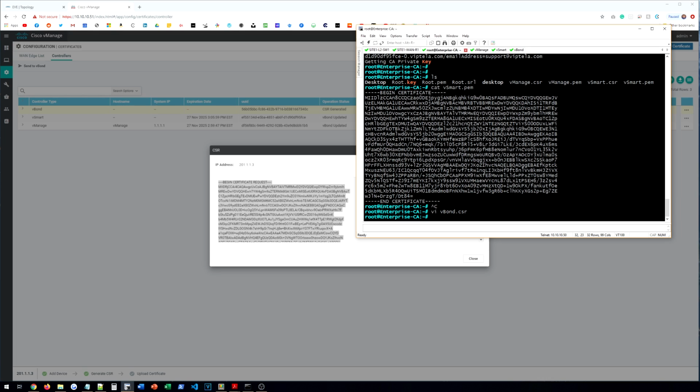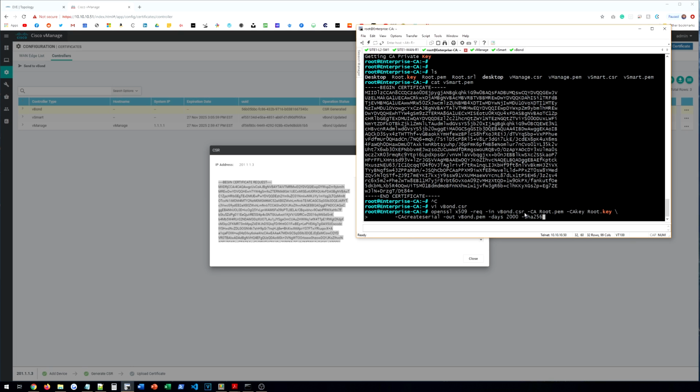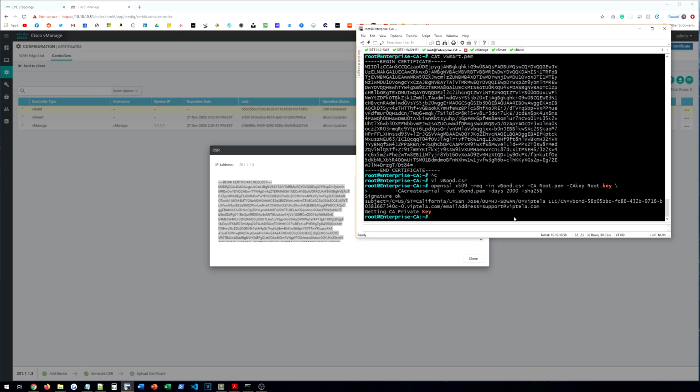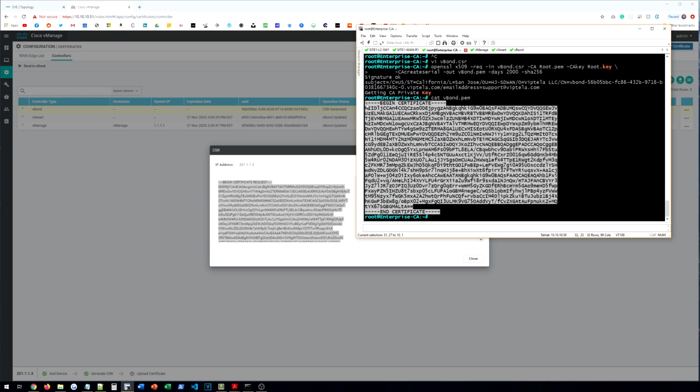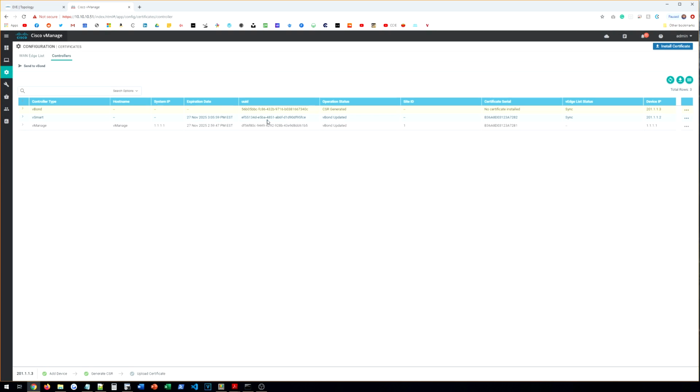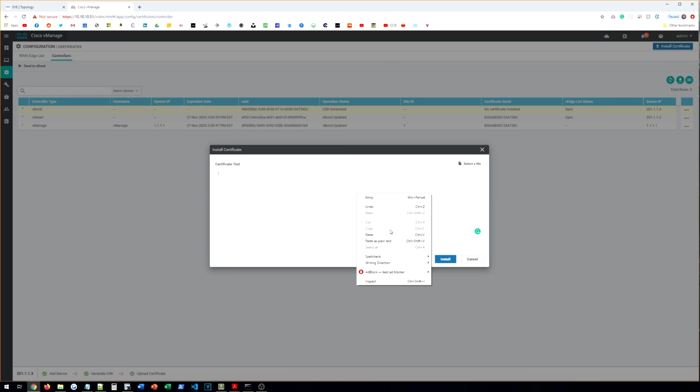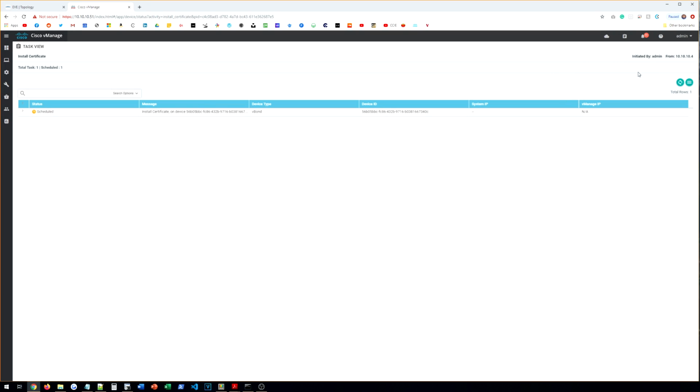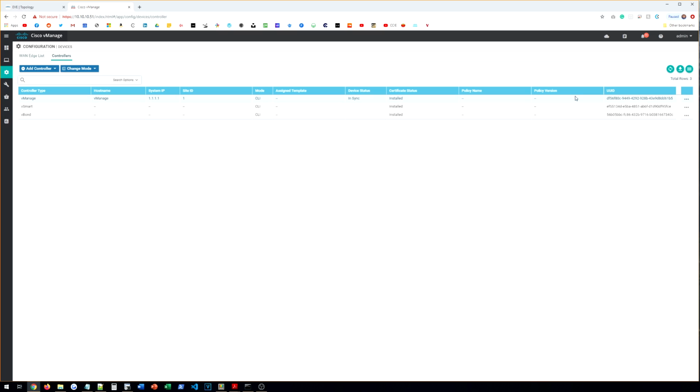So now we can actually sign that last certificate with the same command, just different names, vBond here instead of vSmart. And then we're going to cat vBond.pem, take the contents of the certificates, make sure we're selected with vBond, install, paste that in there, wait for it to succeed, and we are successful. So if we come to devices here, controllers, here shortly we should see vBond and vSmart come online,